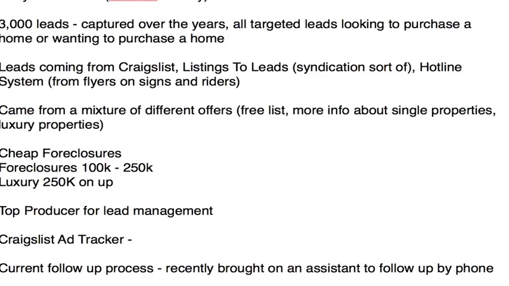I'm going to say about half of these are in a program where, once they are in the system, they will get a series of autoresponder emails, and then it rolls them over into a monthly newsletter. I would say probably 1,500 to 1,800 of them are in that system. And then